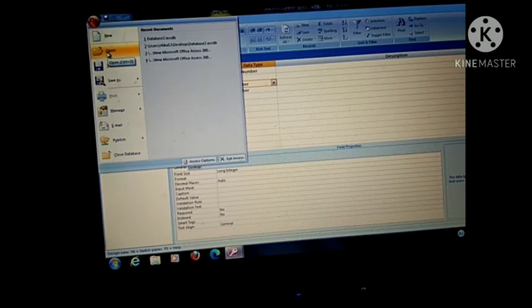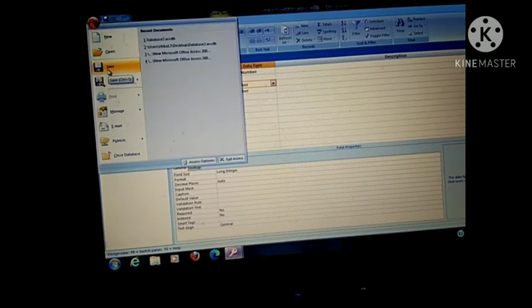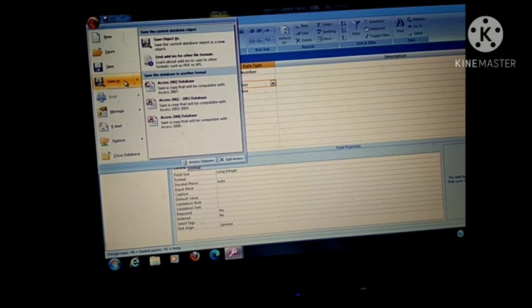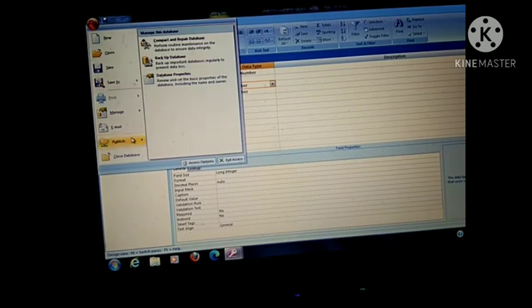So here so many options are there, just similar to your MS Word. Save and save as. Save option is for when you want to do the same changes in this particular file. So for this, click on save option. Save as, ma'am. If I want to save the same file with some else name, for that save as option is there. If you want to publish it or email it, for these options are there.